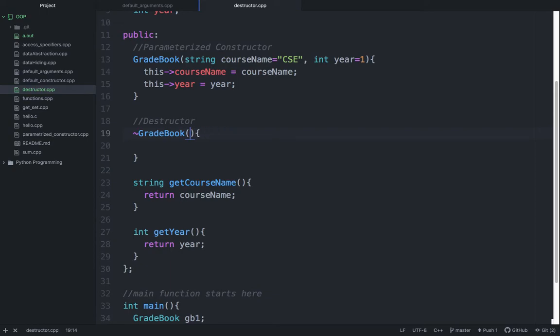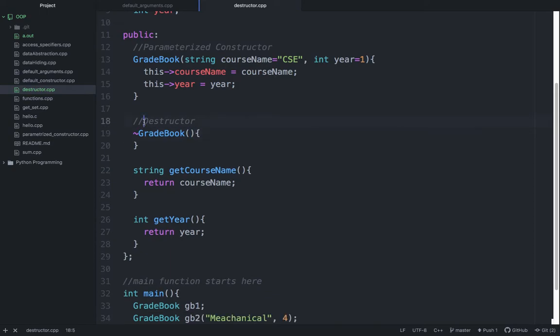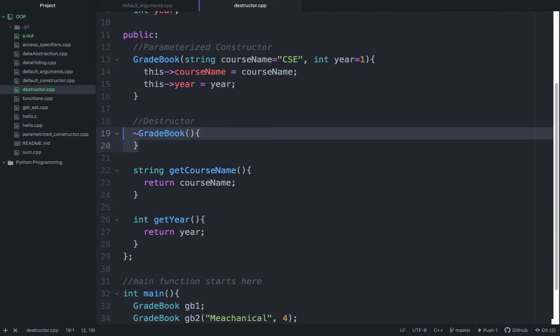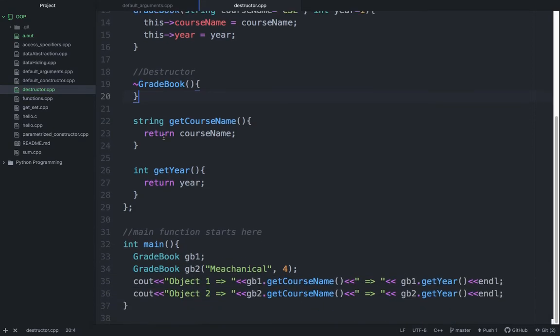so it should be blank. And this destructor that you are creating here is the default destructor, and even if you remove this, there will be the same destructor already created by the compiler itself. So it doesn't matter whether you create this blank destructor or not. So let us try to run this program and see whether you can see these objects when they are destroyed or not. So I will run the program,